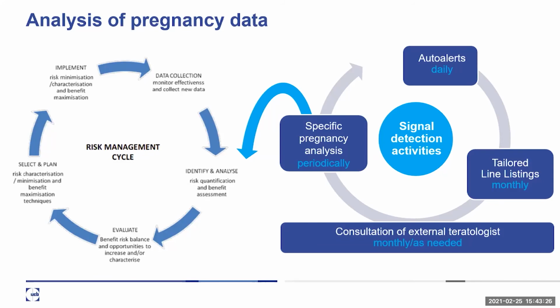Then on a monthly basis, we have some specific line listings for the pregnancy cases. As I mentioned, there are very specific details that we are recording in our database, and those line listings are really tailored to include all those data. Those line listings are reviewed on a monthly basis. In addition to that, we are doing some specific analysis of our cases cumulatively. Those analyses are done according to the number of pregnancy cases that we receive for one